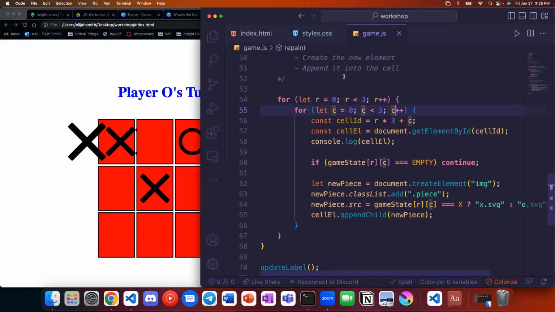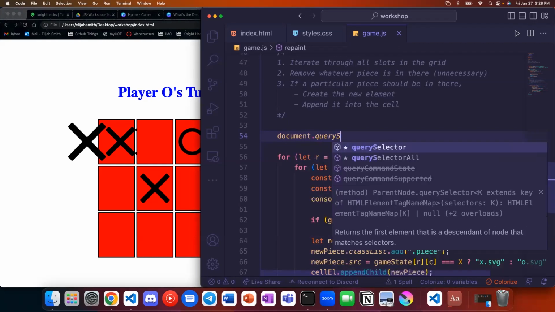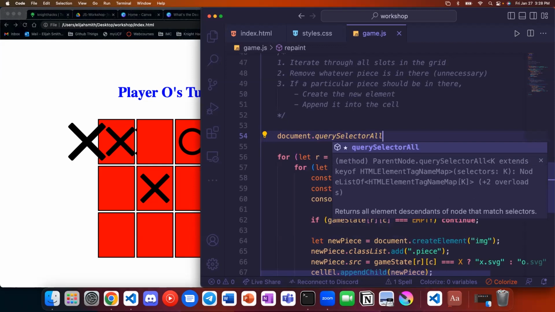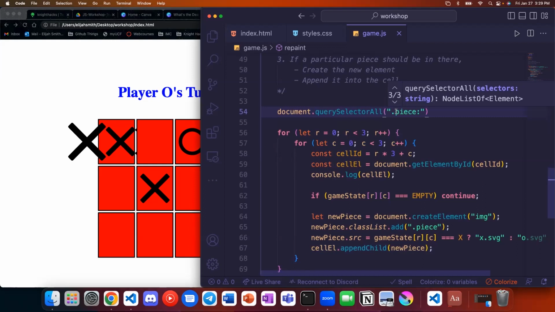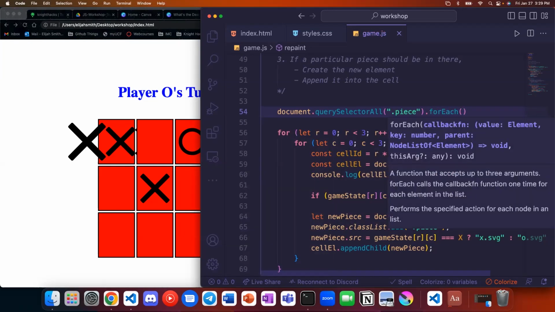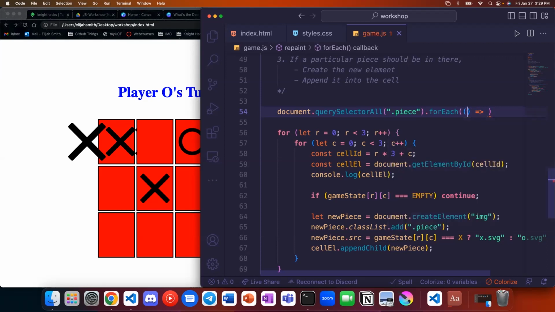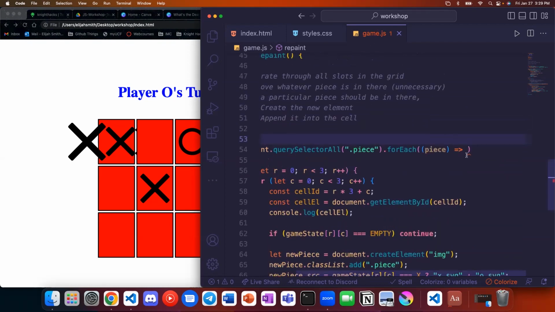So let's do that outside of our for loop at the beginning. Let's do document.querySelectorAll dot piece, which is the class that we gave it down here to reference that it is a piece. Again, classes and IDs are totally arbitrary. You can call it whatever you want that allows you to reference it in the future. And forEach, we're going to run a function, and we're going to give it the one argument of the thing that we're currently operating on.